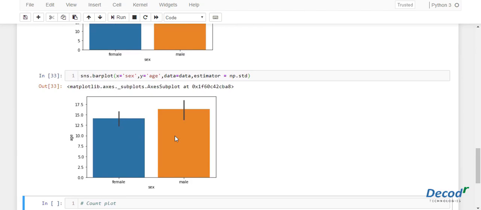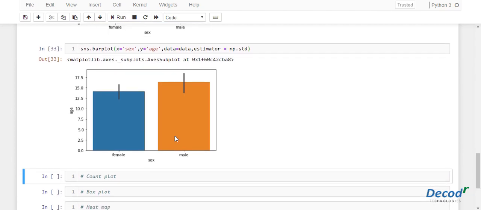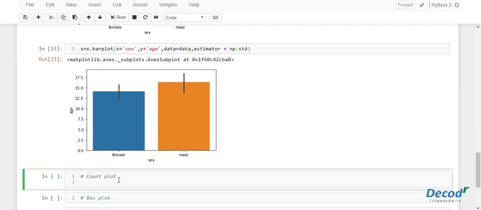Yeah. So now we will see the next type of plot, that is count plot, which is very similar to bar plot. However, it displays the count of the categories in the specific column. For instance, if you want to count the number of male and female passengers, you just have to type the same thing.